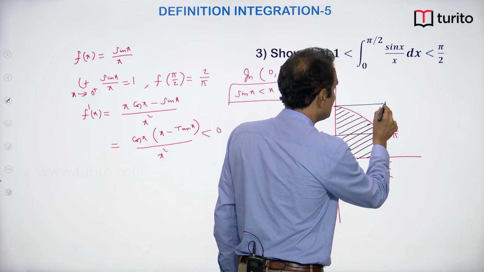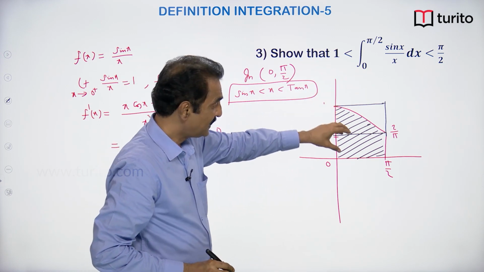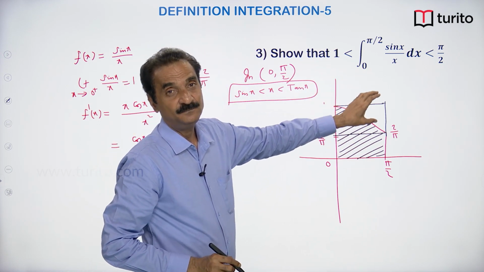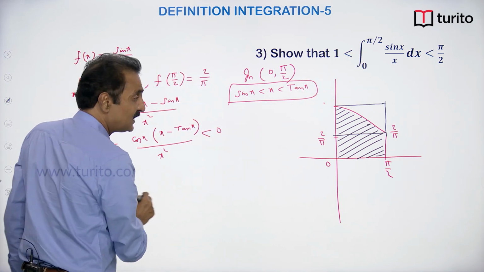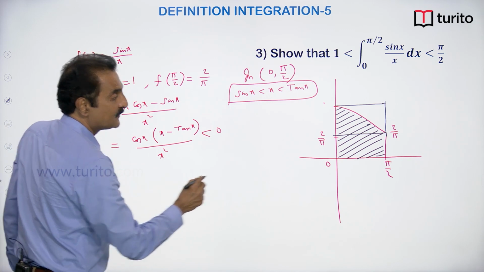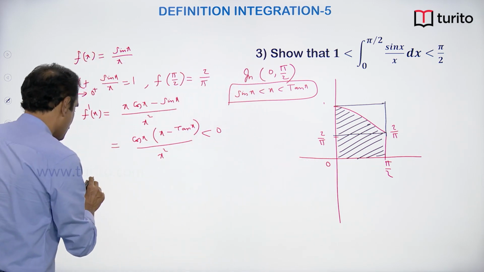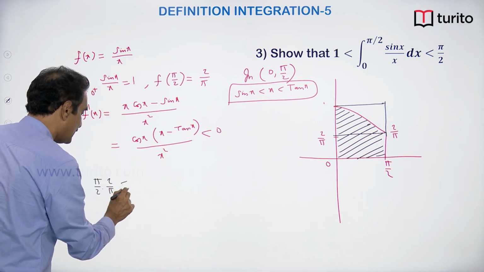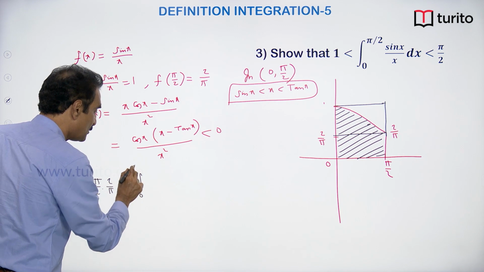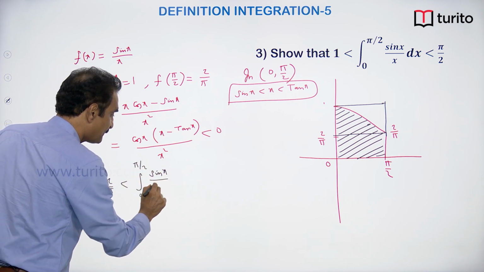Draw a big rectangle and a small rectangle. This integral lies between the area of the small rectangle and the area of the big rectangle. Therefore, what is the area of the small rectangle? This is pi by 2, this is 2 by pi. So, pi by 2 into 2 by pi is less than integral 0 to pi by 2 of sin x by x